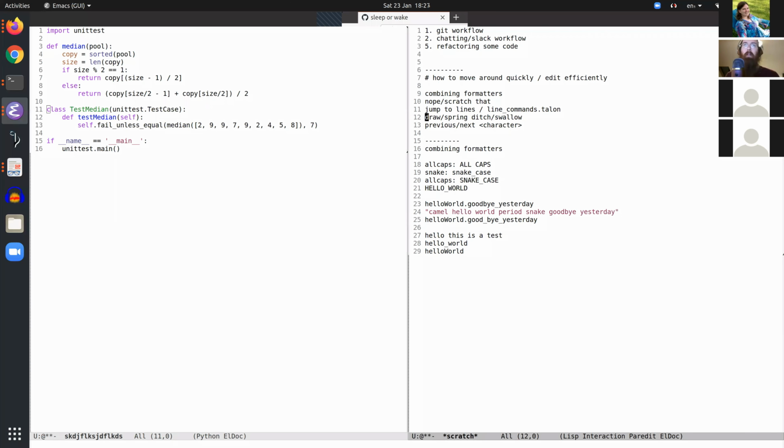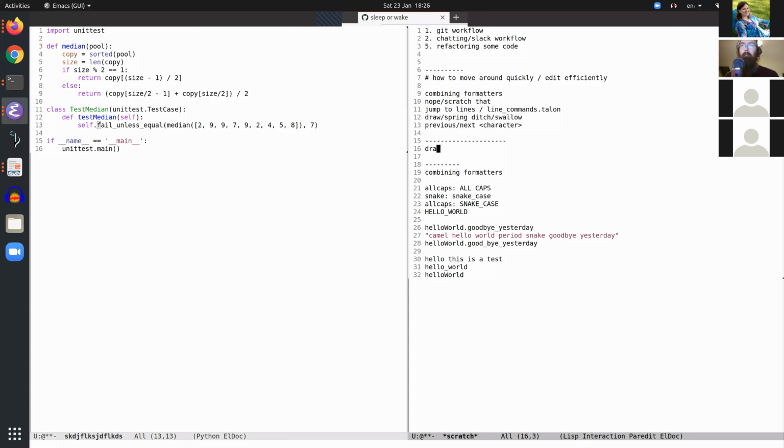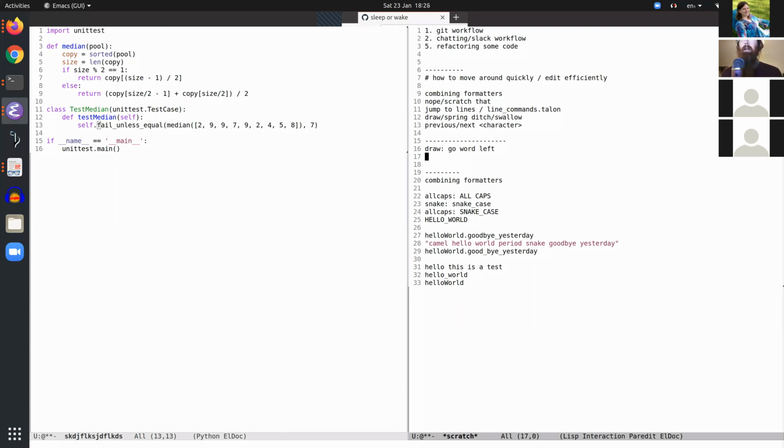So just as a quick demo, let's say what these are. So I have draw for word left, what Talon calls go word left. I have spring for what Talon calls go word right. I have scratch or ditch, I haven't settled on one of them yet. I probably should. For clear word left and swallow